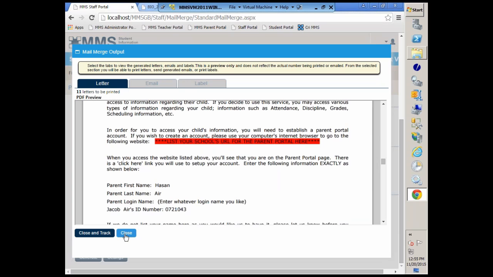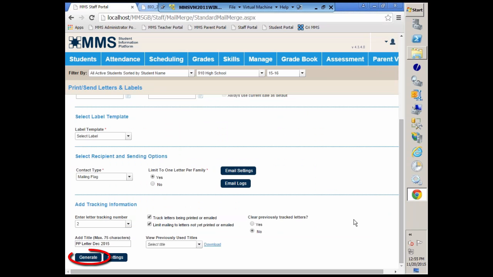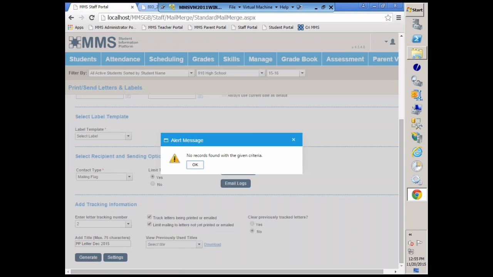So if the letters look good and we want to use them, we're going to close and track. If we made a mistake and we notice that there's a typo and we don't want to track these letters, we're going to hit close. So you can back out. This time I am going to close and track. Now if I hit generate again, no records are found because those letters have been printed and tracked, and